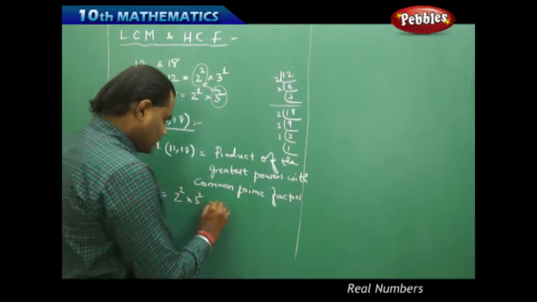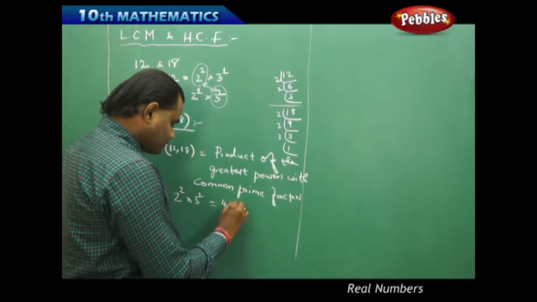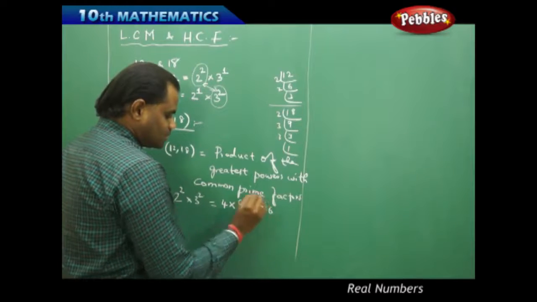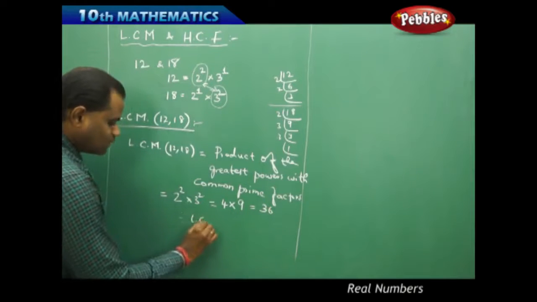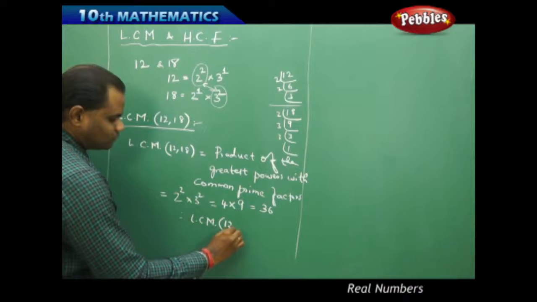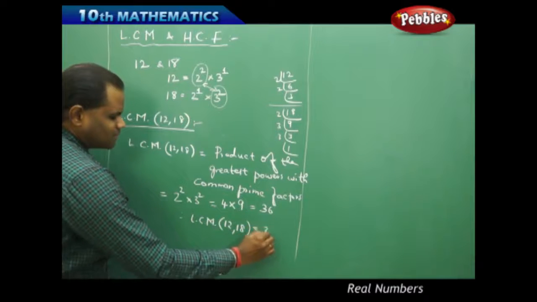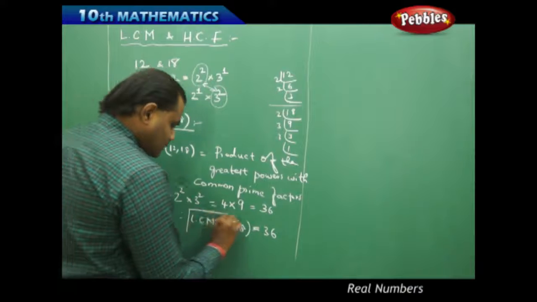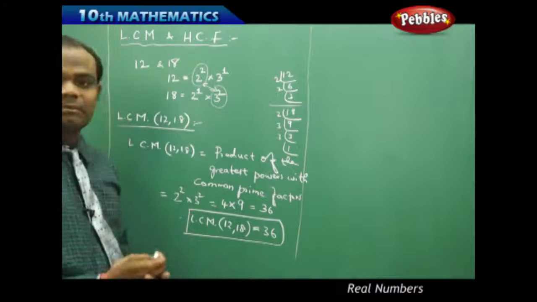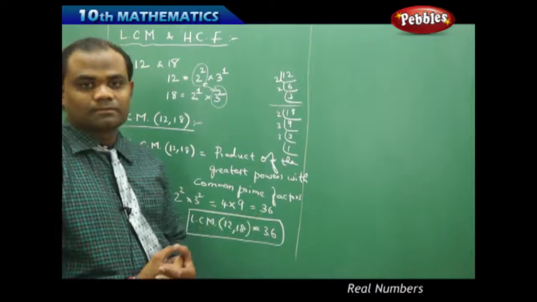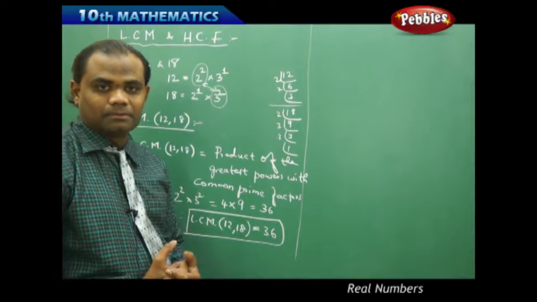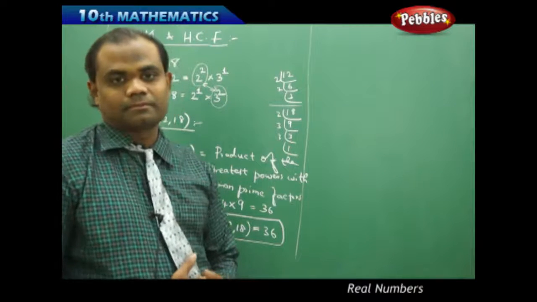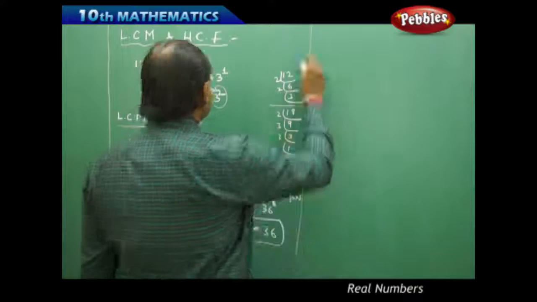So in this case, I get 2 square, which is 4, and 3 square, which is 9. 4 times 9 is 36. Therefore, the LCM of 12 and 18 is said to be 36. So the LCM of 12 and 18 is 36 by using this concept. The least common multiple of 12 and 18 is equal to 36. So coming to the next,